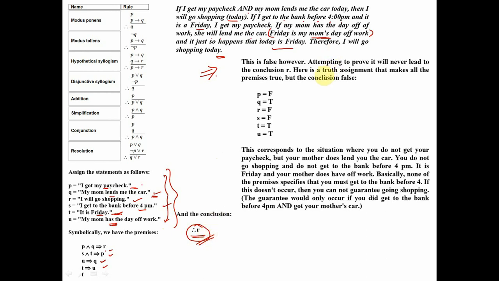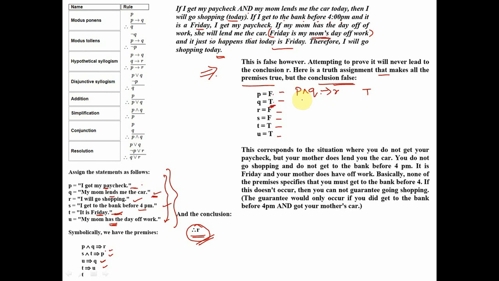Right? Let us take an example. Here is a truth assignment that makes all the premises true, but the conclusion is false. Let us say P, Q, R, S false and T true. Let us check it against all the given premises. P and Q implies R. If you remember, P and Q will be false. False implies false will be true. Right? So the first premise is